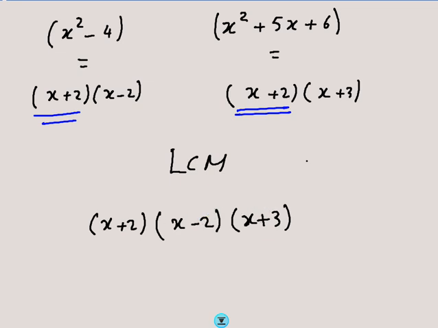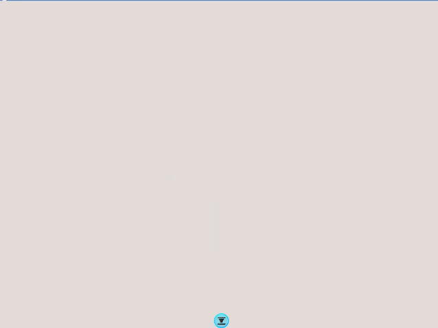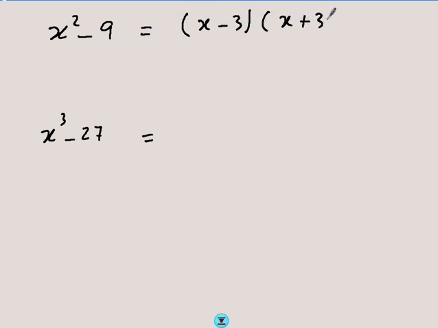And let's apply what we have learned about factorization of the difference of two cubes. Let's say your first expression is x squared minus 9, and your second expression is x cubed minus 27, and you want to find the LCM for those two expressions. This is the difference of two squares, x minus 3 times x plus 3, and this is the difference of two cubes. So you take the cube root of the first, same sign, cube root of the second,